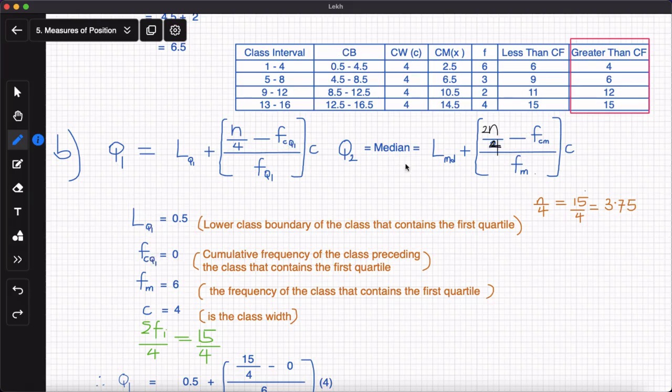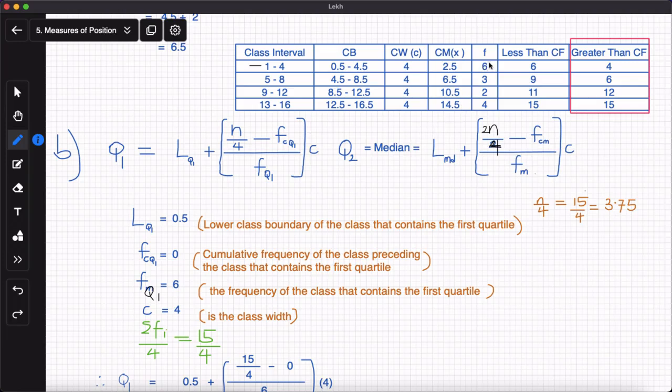So we go on. What's the cumulative frequency before this class that contains the first quartile? Well, there is nothing that comes before, so we just take it to be 0. So nothing comes before it. This is the cumulative frequency of the quartile class, but there is no cumulative frequency before this particular one. So we take that to be 0, and then this actually should be Q1. So what is the frequency of the class that contains the first quartile? And that happens to be 3. So we say 3,